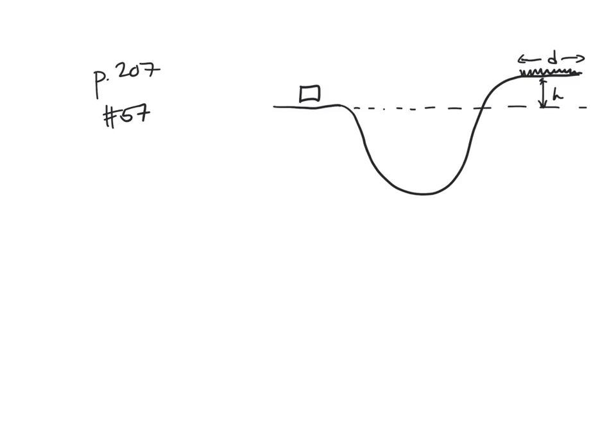The block's initial speed is v0, and v0 is in this direction. And we're told that v0 is 6 meters per second. We are also told that h in the diagram is 1.1 meters. And finally, that mu in this problem during the track part where there is friction is 0.6. This is just the opposite